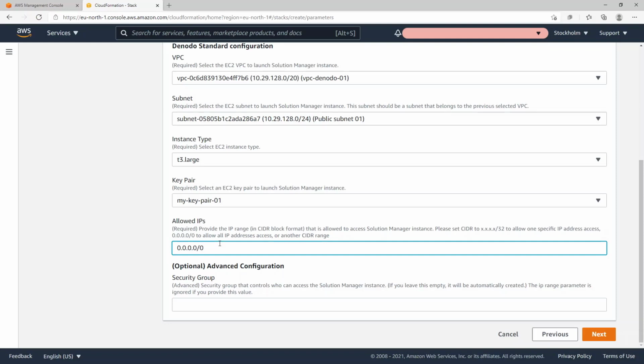Note that by default, it allows access from all IPs. In advanced configuration, however, you can specify the identifier of a custom security group. If you specify a value for this field, the security group will be used and the value for the allowed IPs will be ignored, using the configuration of this security group. If you don't specify a security group, the template will automatically create a default one with the specified allowed IPs. Then, click on Next to continue.